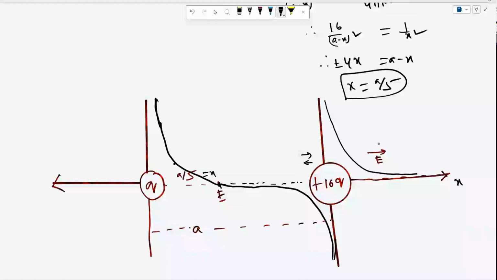Now, on left side, what will happen? Both are repelling. Electric field will be directed this way. The graph will be negative. So, it will be like this. Alright? E is positive here, and this distance is just mentioned. It is a by 5 distance. So, this way, for any charges taken along x-axis, where the field is also along x-axis,